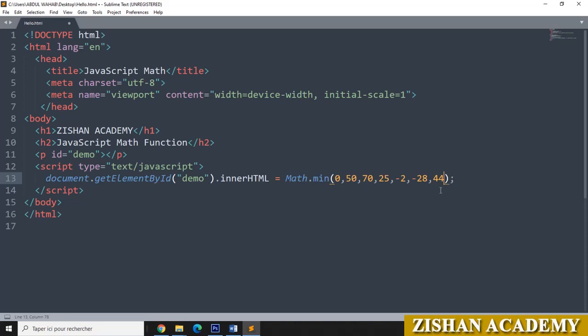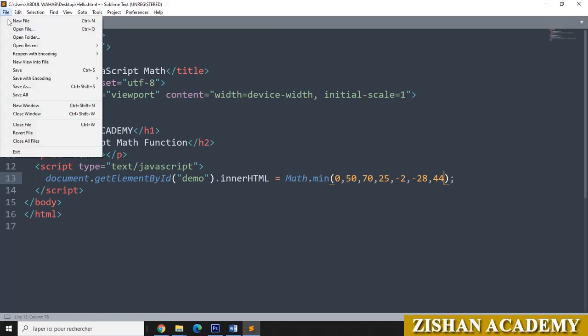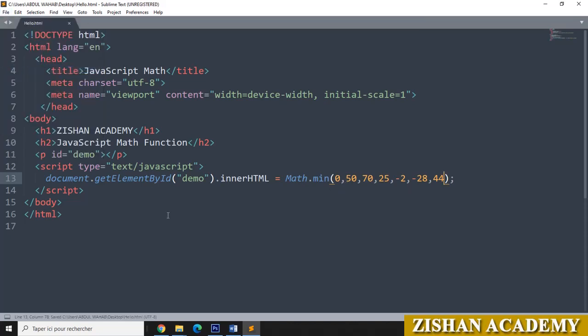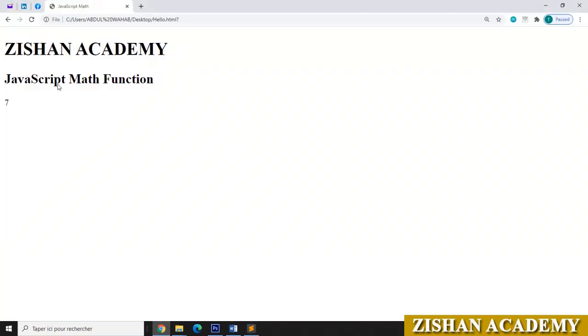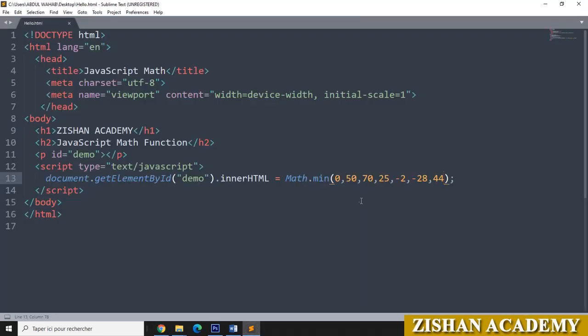Like this we have a lot of numbers here. It will take the minimum value from here. Let us go to the file, save the file, go to the browser, refresh the browser. You can see now I got the minimum value, that is minus 28. In these numbers minus 28 is the lowest number.